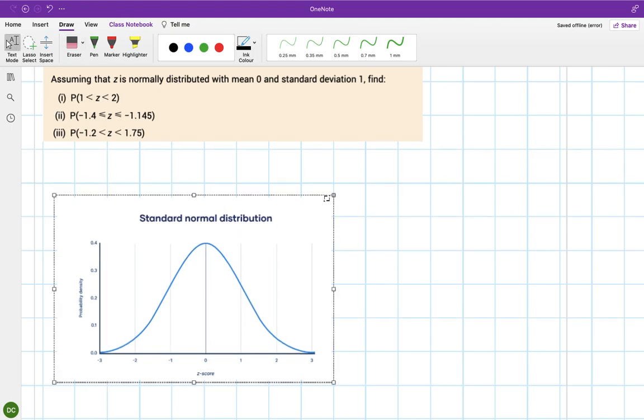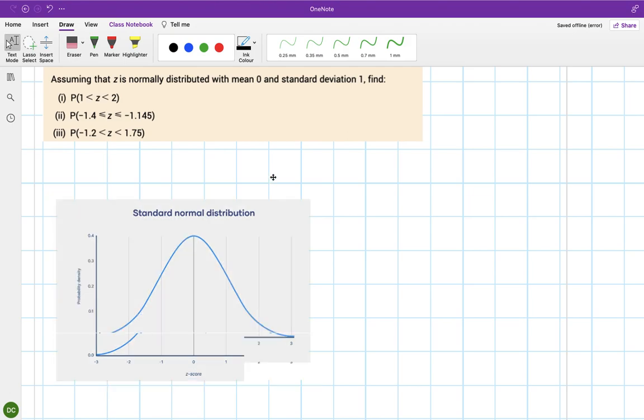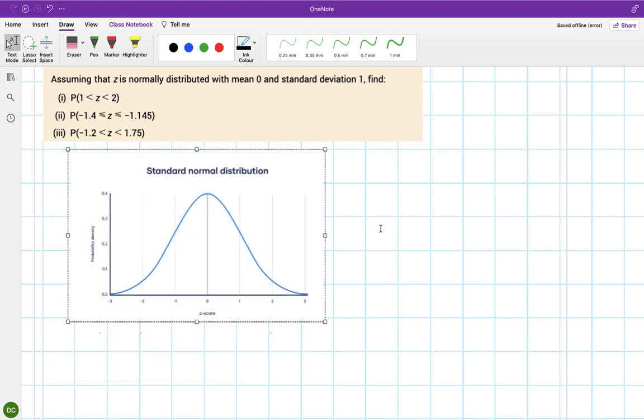Just saving myself a drawing here. Right, we'll do the first one because why not? Once you kind of get one, they're all pretty much the same. Okay. So the probability